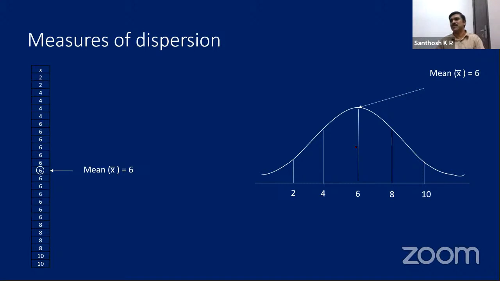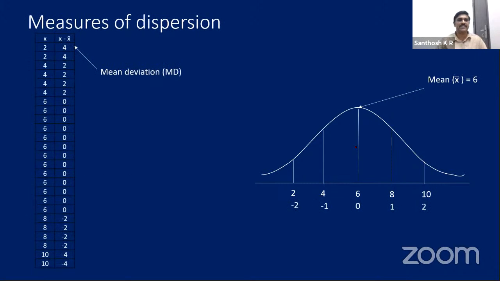But many people are not okay with this median and quartile deviation because it's not giving a precise kind of explanation about the spread of the data. So they are more interested in some kind of calculation based on mean. So they came up with the idea mean deviation: how much the values are deviated from the mean. So they found out that if the mean is 6, the smallest data 2 is deviated from the mean with a difference of 4. That means 6 minus 2 is 4.